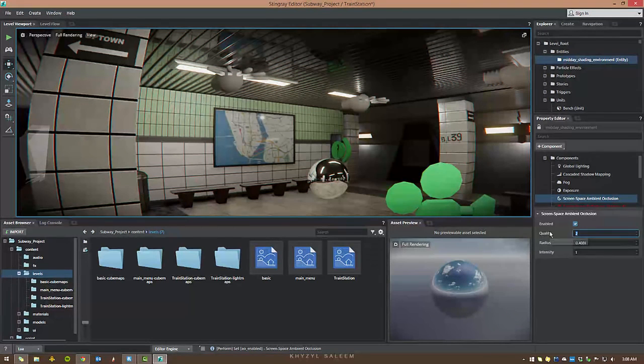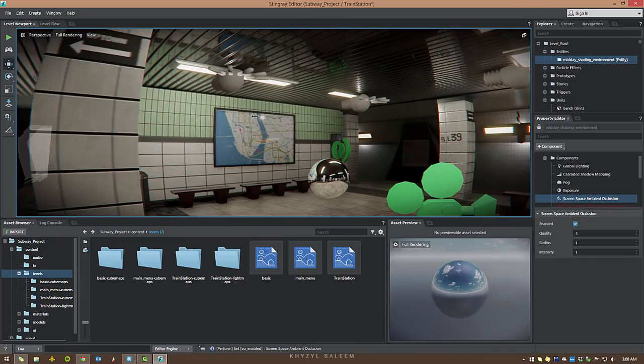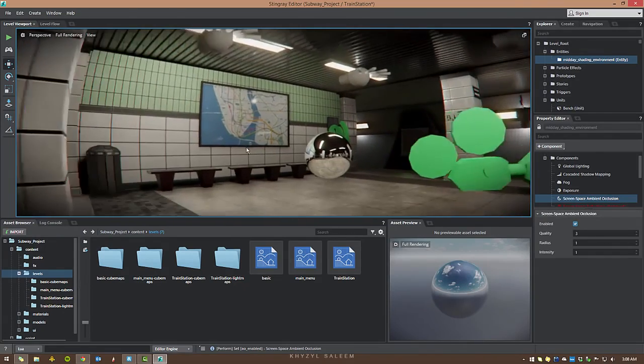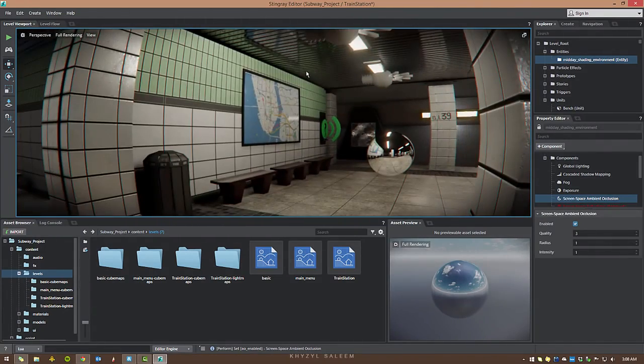And of course I can adjust the quality. The highest quality here is 3. I can change the radius. So let's make it a bigger radius. I'm going to change the intensity. The highest is 1, so we can go down to like 0.5, bring that down a little bit, back up to 1. Okay, and that basically gives it a nice look because it mimics what light does, how light kind of misses the corners, the way it bounces,